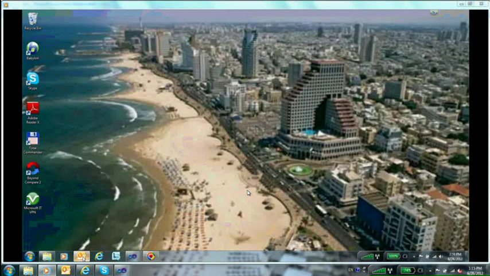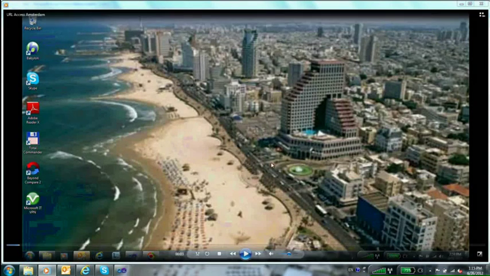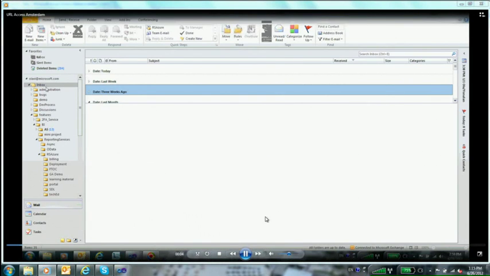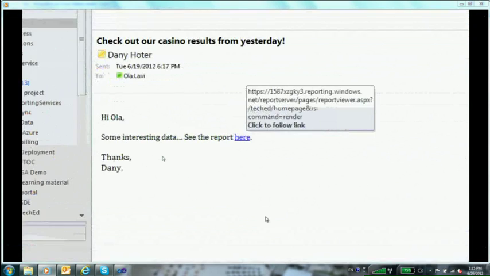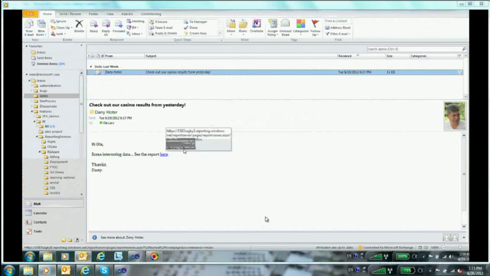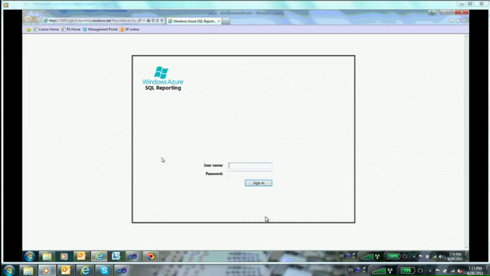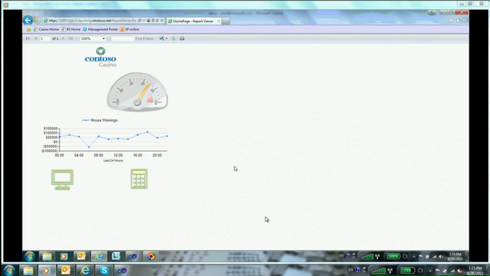Okay, so this picture is the beachfront in Tel Aviv, and we'll start our first demo. In this demo, it starts by me telling Ola that the setup for this demo is about a casino, and I'll tell you a little bit about the database. There is a mail that I sent to Ola saying there is a report about our casino. Take a look what this report is saying. She's logging in to the service, and she runs this report, and this report now comes from